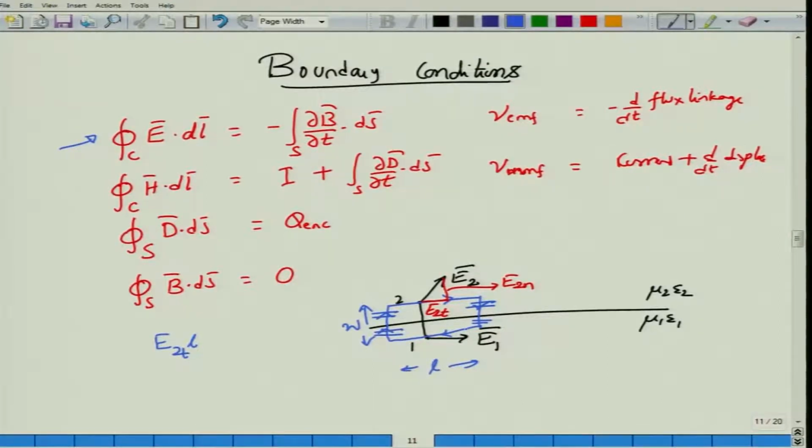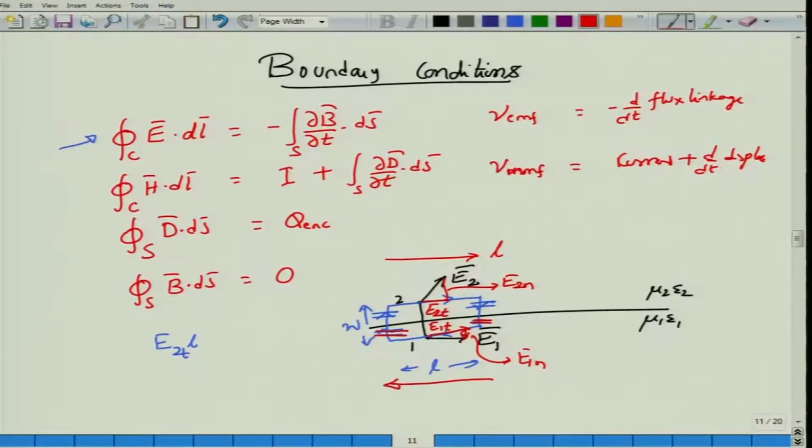Again, if you decompose your electric field E1 into normal and tangential components, you have E1t and E1n. Clearly only the tangential component will contribute, because on this path the normal component will cancel out the contribution of the E1 normal component on the other path. So it is only the tangential components that contribute. Then there is also another catch. On this side we considered the traversing of the path as positive.